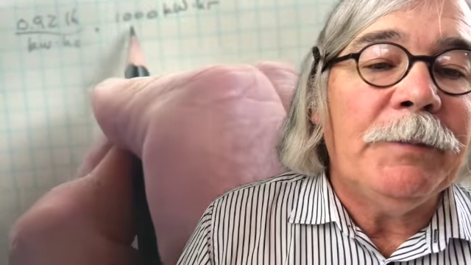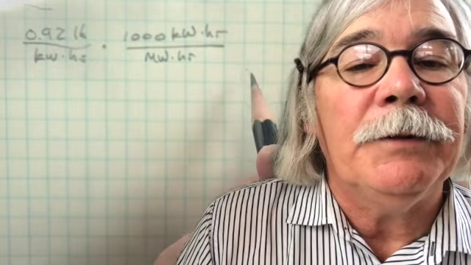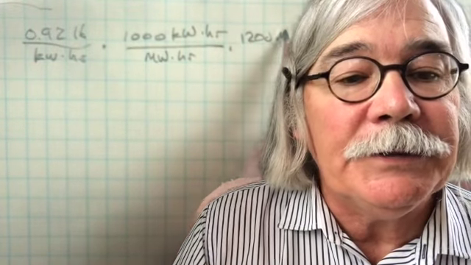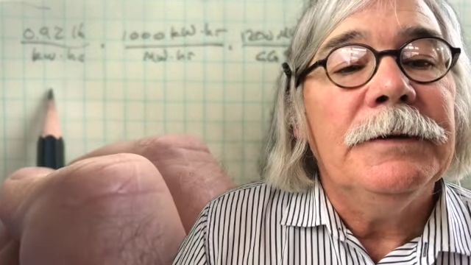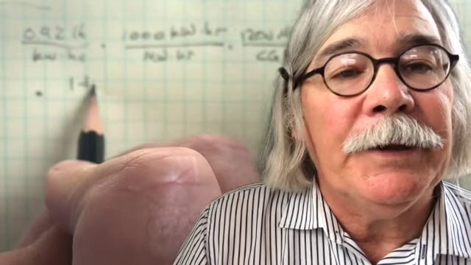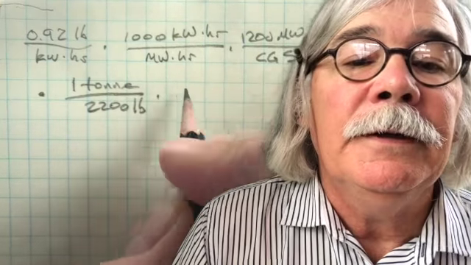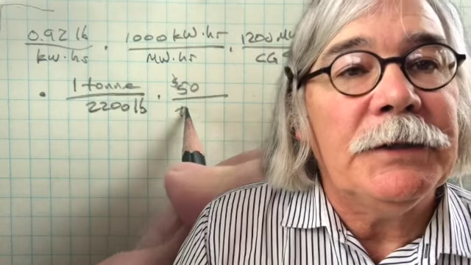If we multiply that by 1,000 to get the amount of carbon dioxide produced per megawatt hour, and that by 1,200 to get the amount of carbon dioxide produced by a natural gas replacement for the Columbia Generating Station, and then divide that by 2,200 pounds to get the number of tons of carbon dioxide, and then finally multiply that